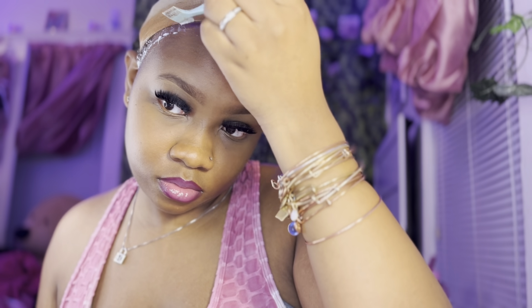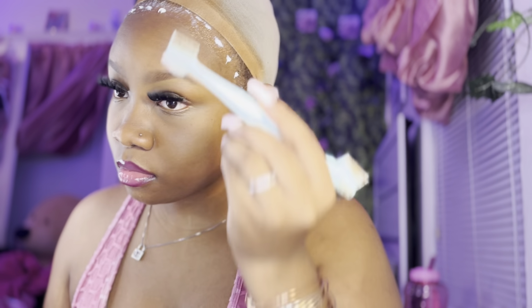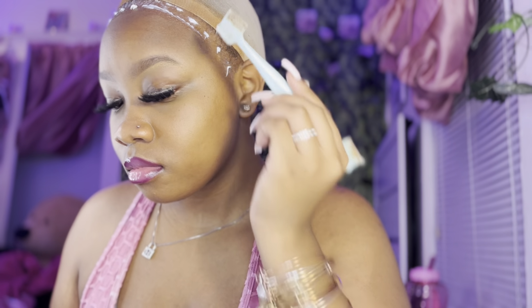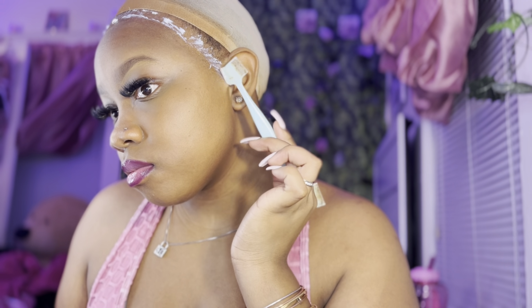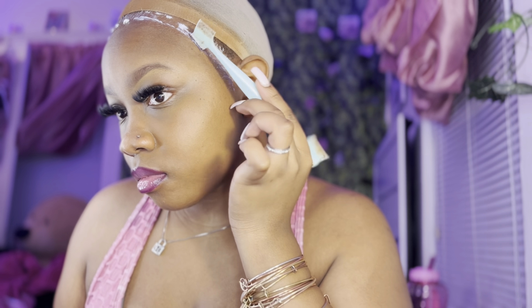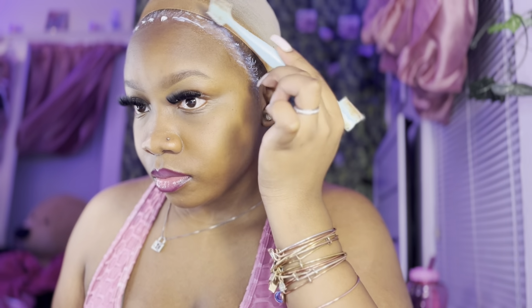Actually, I hate this glue. I don't know why I'm using this glue, because it makes my skin so dry, and it leaves so much residue when it's dry, and when you take off your wigs, it just leaves so much glue on your skin, and you have to peel it off, and it just makes your skin feel very sticky, and I hate it. But this is all we had, like I said, so we just went with what we had. And yeah,